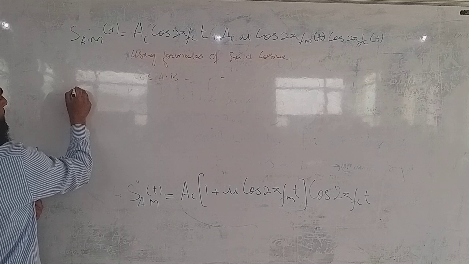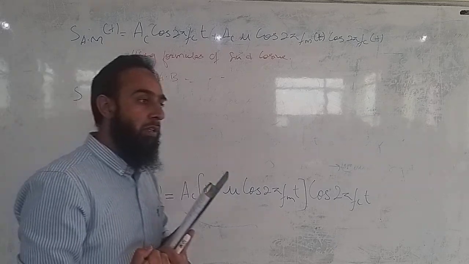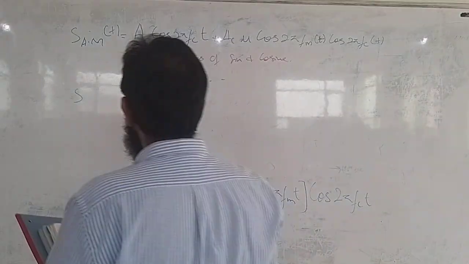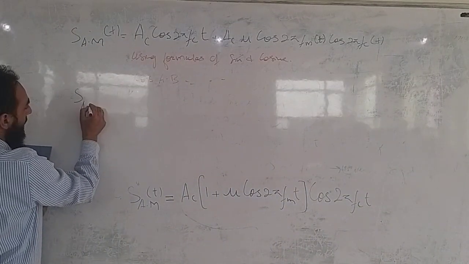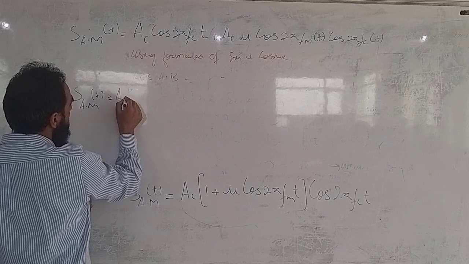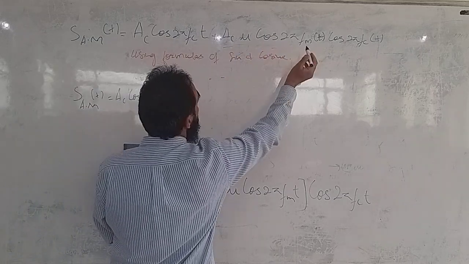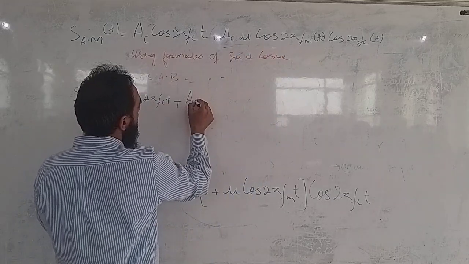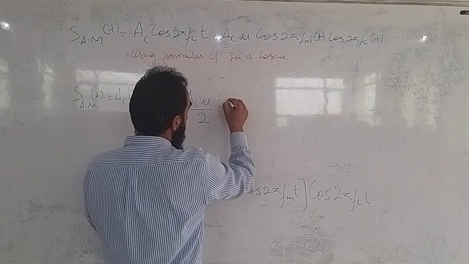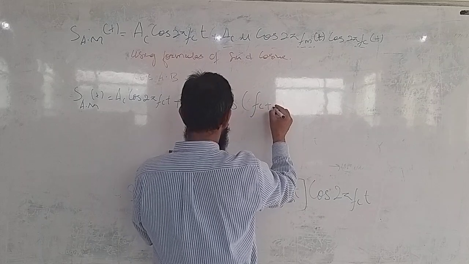So, as I expand this s of t, it will look something like this. This part remains as it is: A_c cos of 2π f_c t plus. Now I will use the cos A cos B formula over here, which will result in A_c μ/2. Okay, μ/2 times cos of this part and this part gets combined, f_c plus